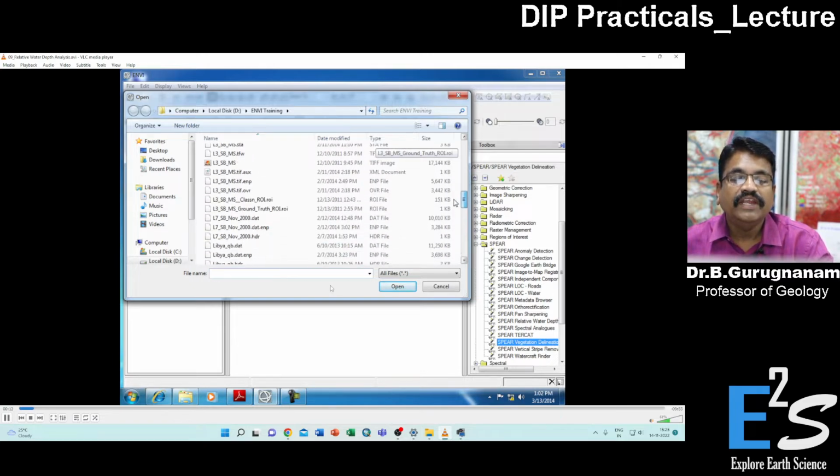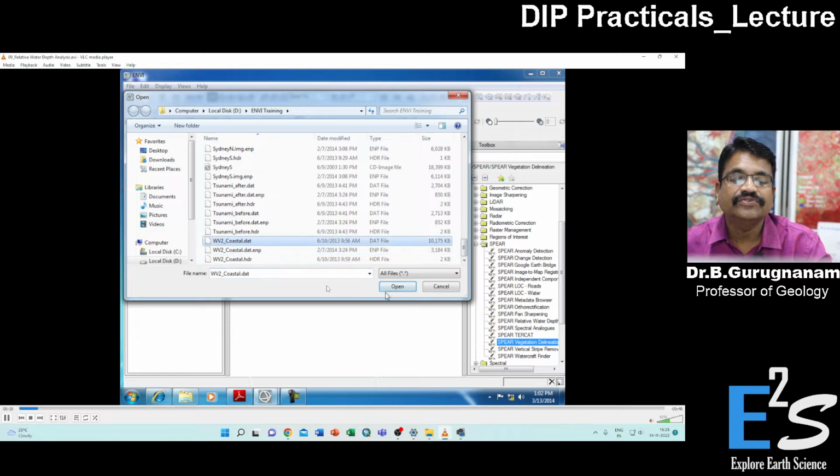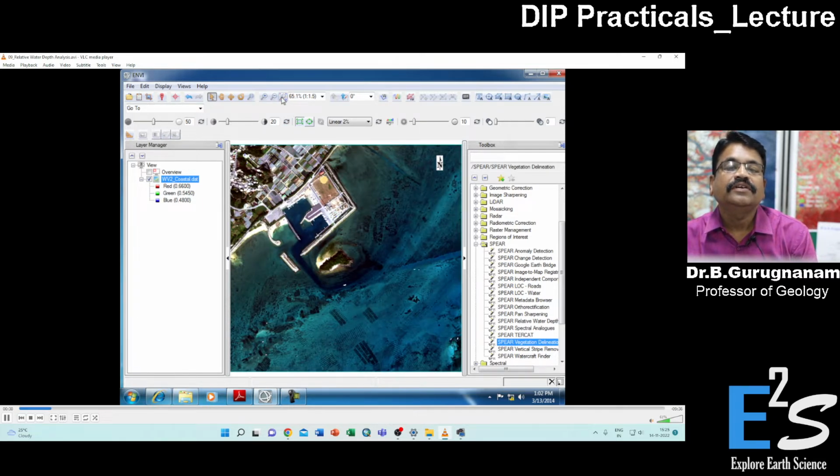It has 8 bands of large scale data information, as you see, coastal data, WorldView-2 sample data. This data is being taken up now for the study of coastal depth, and you just fit it into the screen by using the Z icon. This is the icon to be used, and then now go on to the